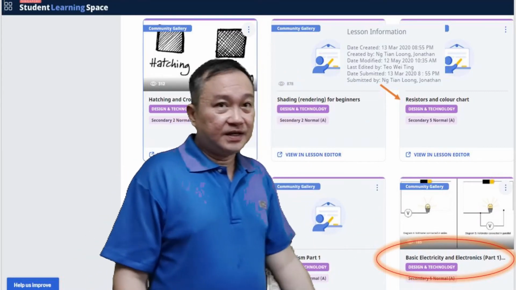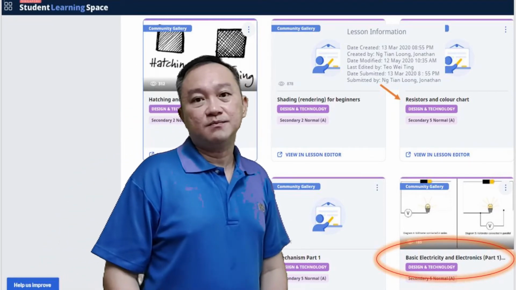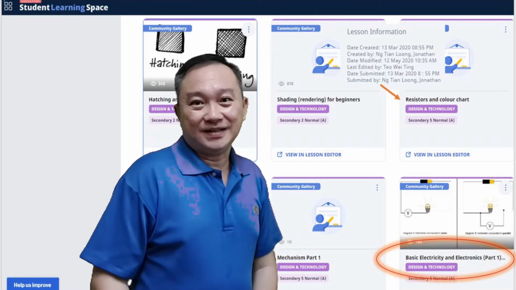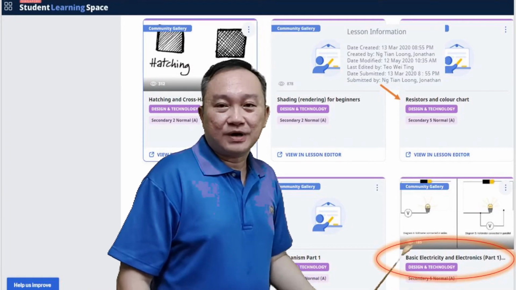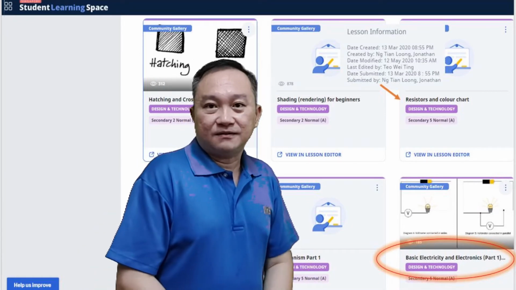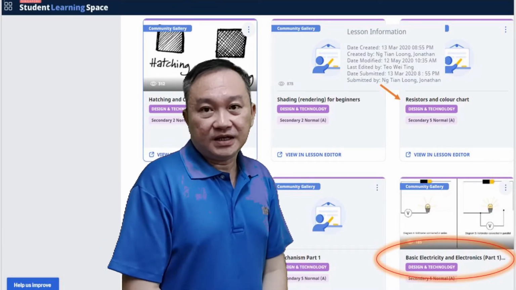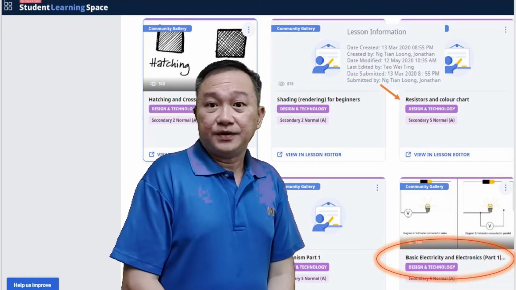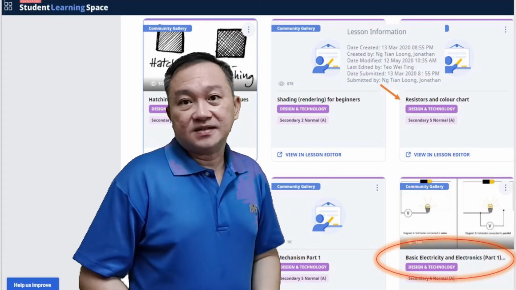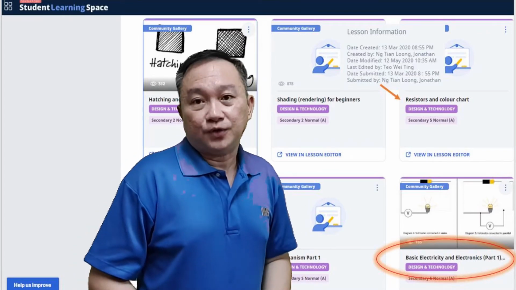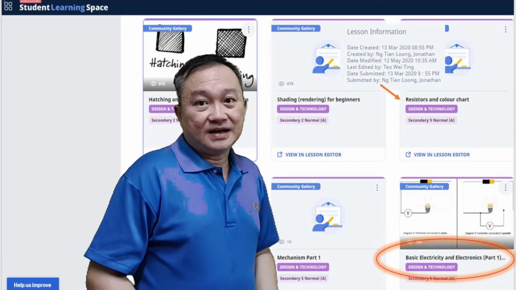So the next thing down here, which you can see, is the basic electricity and electronics SLS lesson, part 1. There are 6 parts to it, created by, of course, me. And this will be a good trial for you. Even though this was created for the previous batch of 4E students, which is the 2020 batch 4E, it is actually very useful in the sense that I don't have to recreate a separate SLS lesson just to customize for this current batch 2021, that's U4E and 5N, because this part 1 actually provides you with